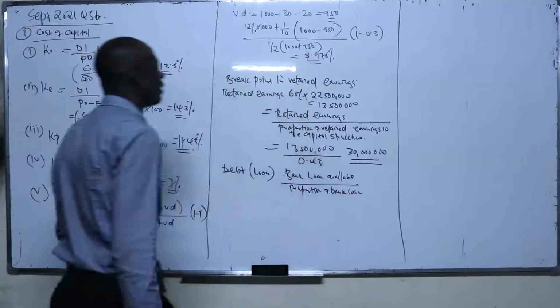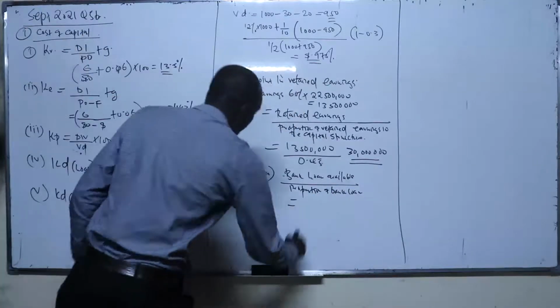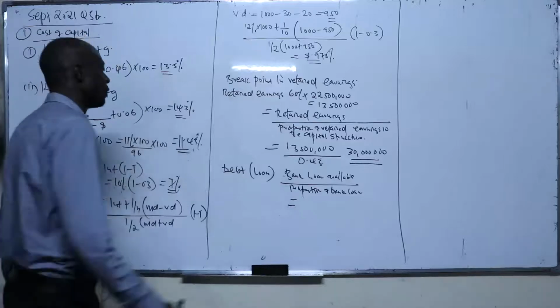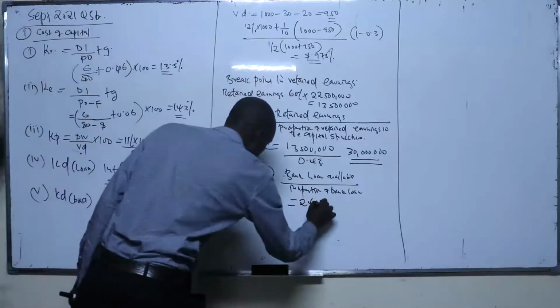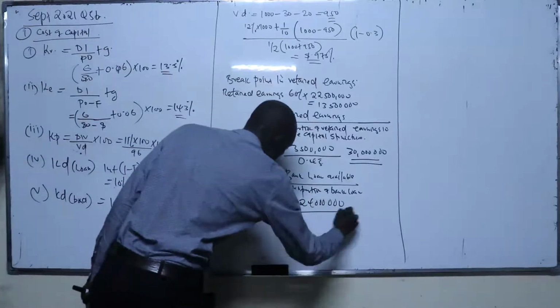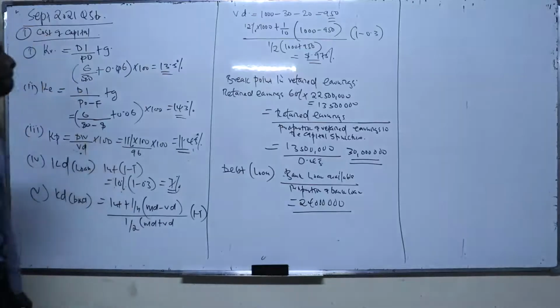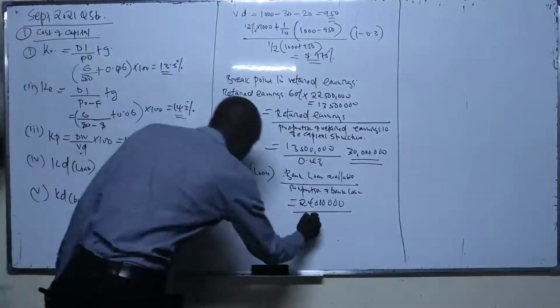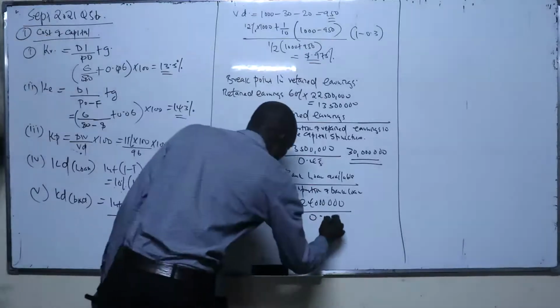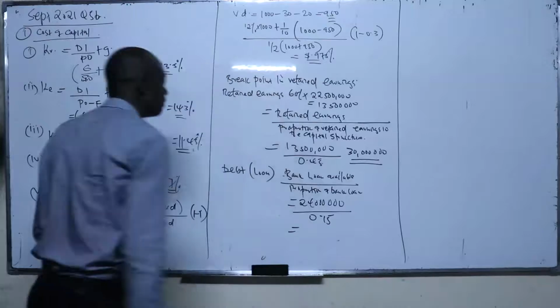So bank loan available is how much? So 24 million, isn't it? 24 million. The proportion of the bank loan? 0.15. So it means